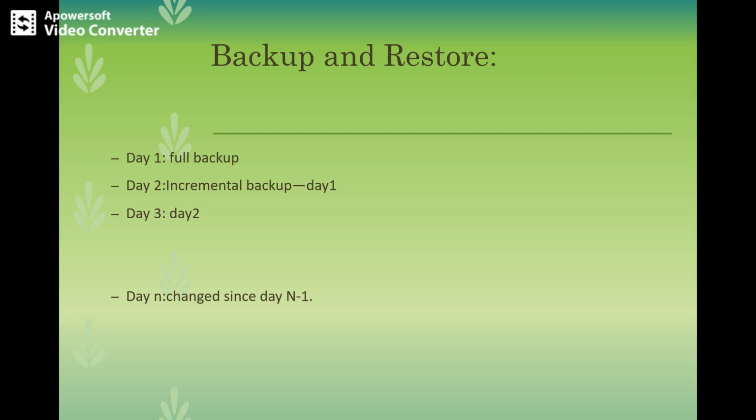On day 3, we can copy to another medium all the files which have changed since day 2. Like that, for day n, we copy to another medium all files changed since day n minus 1. Then we go back to day 1 itself, so this new cycle can have its backup written over the previous set. In this manner, we can restore an entire disk by starting the restore with a full backup and continuing through each of the incremental backups.